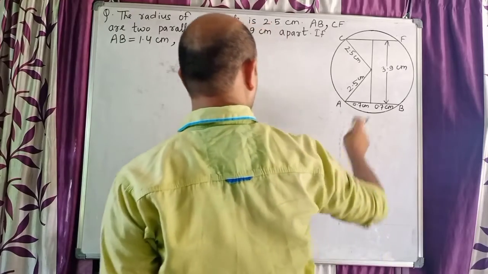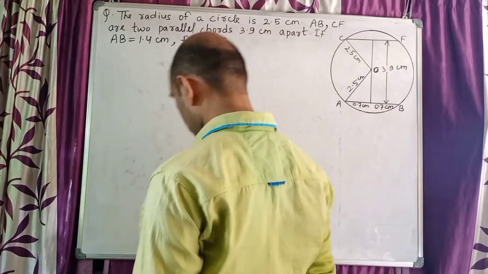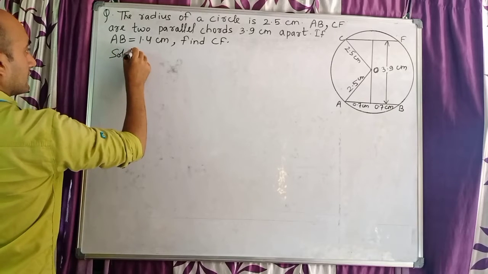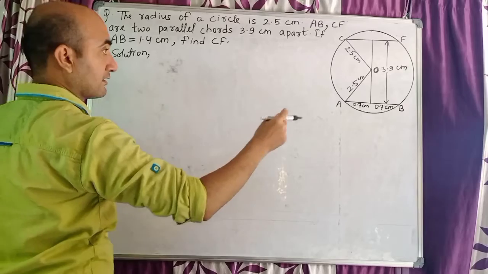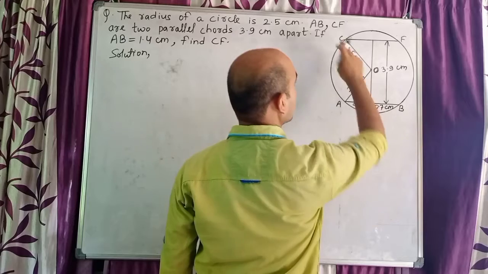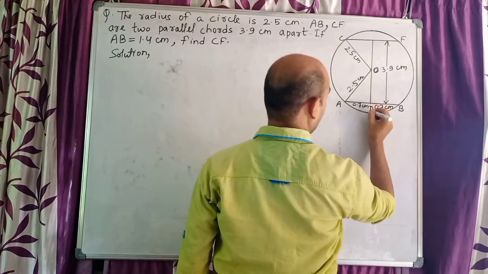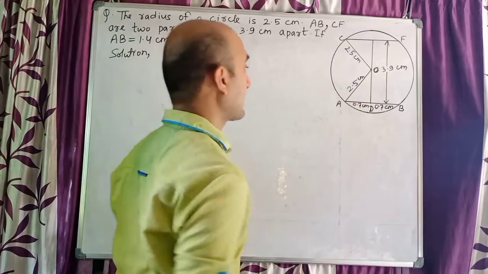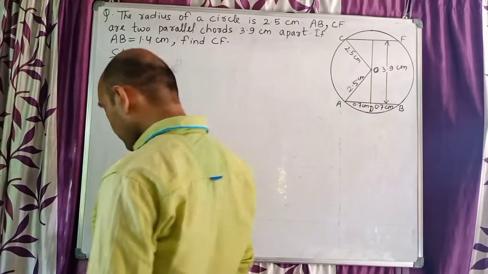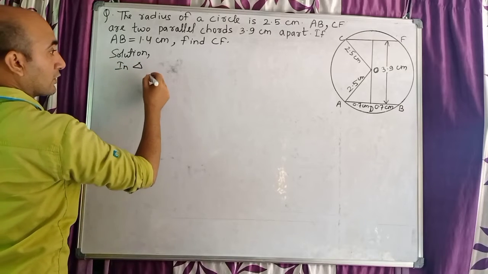So let me write here the center's name as O. I will begin my solution by writing a triangle's name. Let me take triangle OA, and let me name one point here on AB and CF. So here I will write D, because the name was not given, so I wrote the name here as D. So let me take triangle OAD. So in triangle OAD,